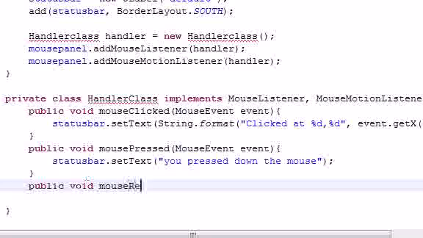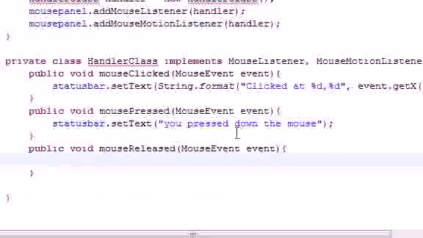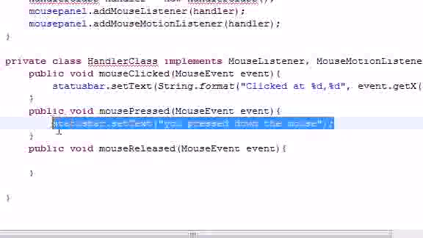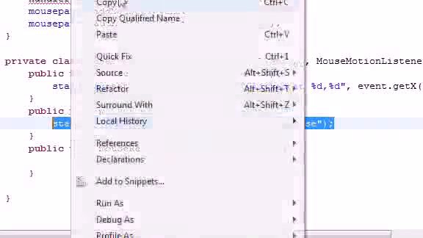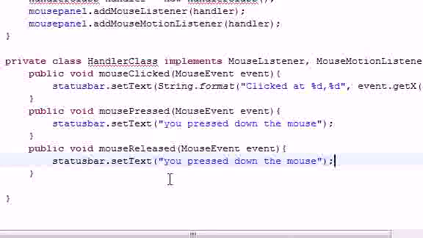mouse released. And this is the event of when the mouse releases, or after you press it down, you let go of the button. So this is a lot easier to see with our program actually. So let's just go ahead and copy this now because we are too lazy. And it's gonna say mouse release, so